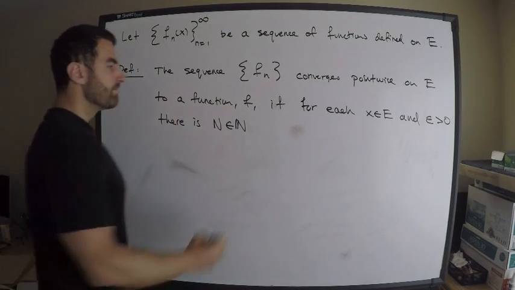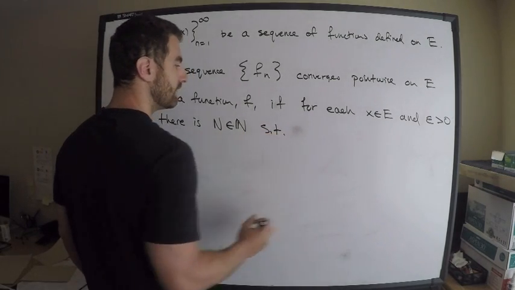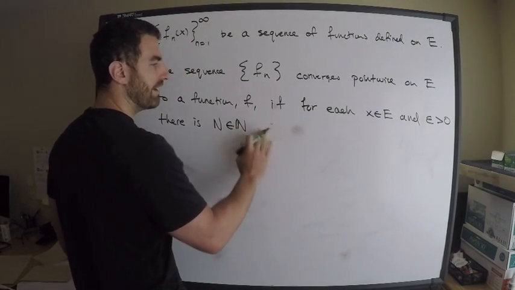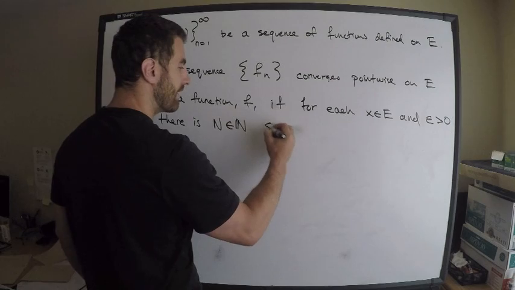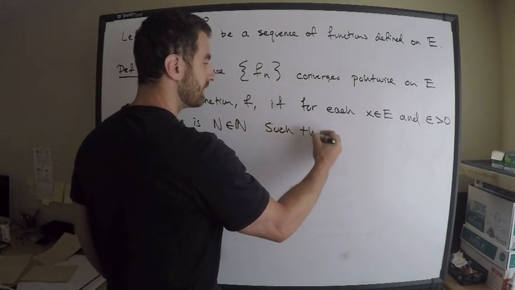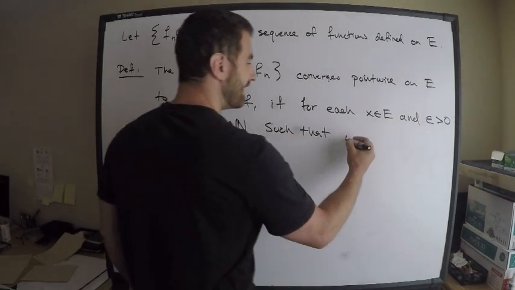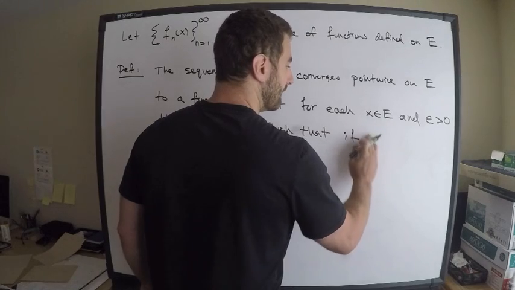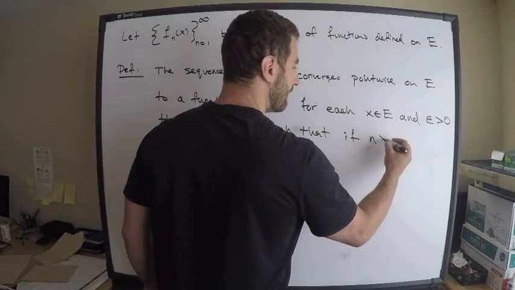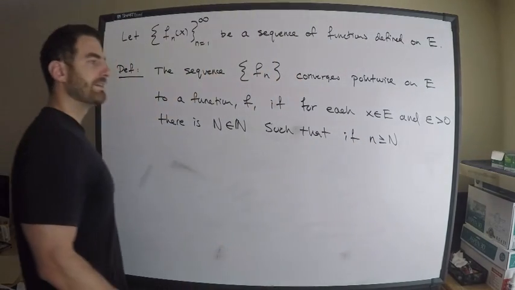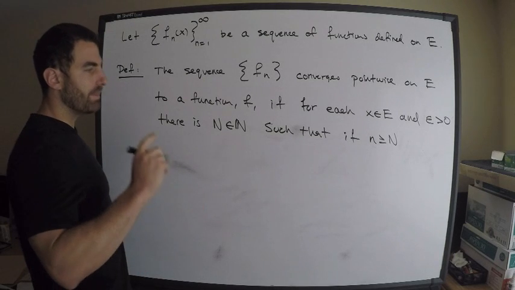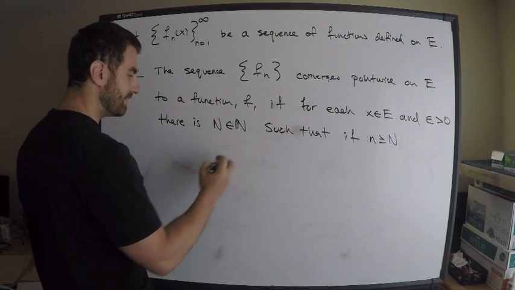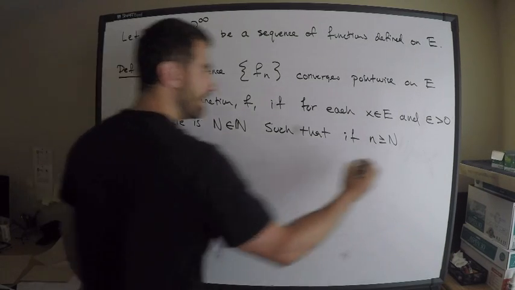There is an N such that, let me just write it out. I'm not going to abbreviate everything. I can write everything in symbols if I want, but I'll write it out. So such that if little n is greater than or equal to capital N, we have the following situation. Then